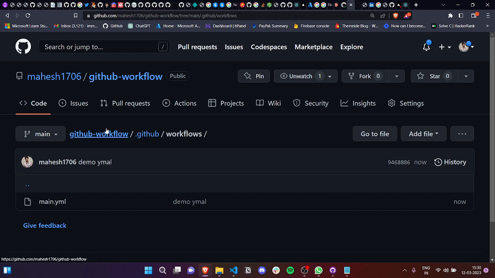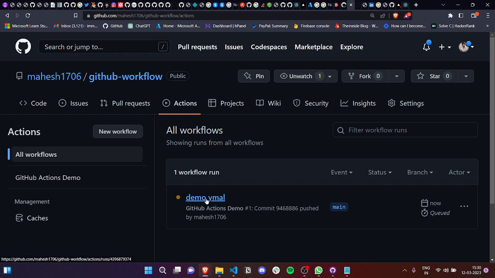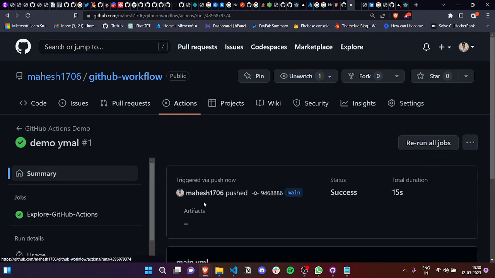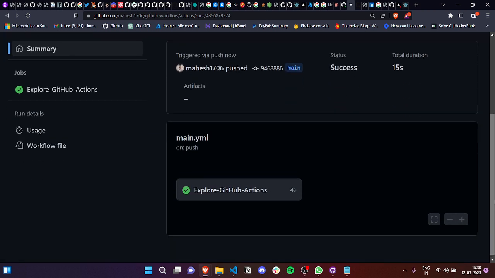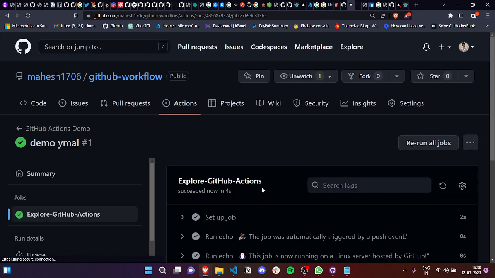Yeah, you can see it, right? It's been created, right? GitHub workflow, .github/workflows, okay. So we can go and see the actions, what actually it is doing here. Yeah, it's triggered. The names we gave are showing here, right? GitHub Actions demo. So it's actually deployed, okay. So now we can see what tasks it actually runs, okay. This is a job. This is a simulation where we can get from this,